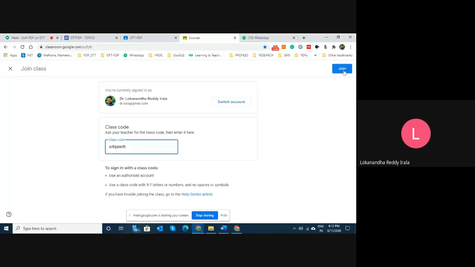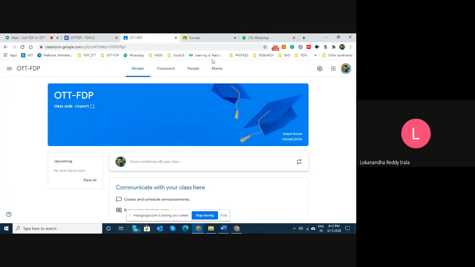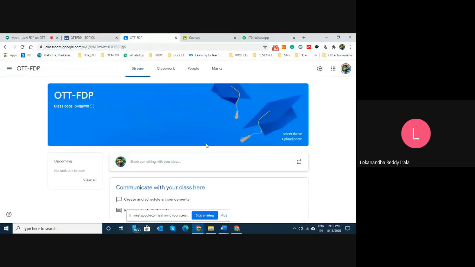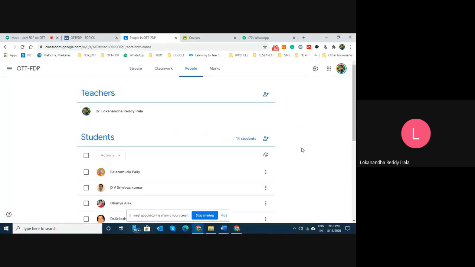If you do this, you become a student in that class. So now kindly do this. Open your landing page of the Google Classroom, then press on that plus sign, then come out with join the class, then enter the code.